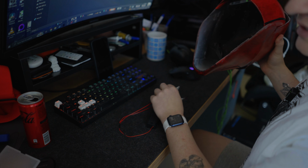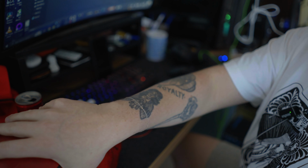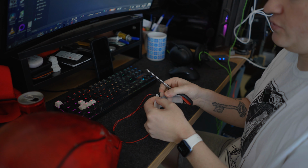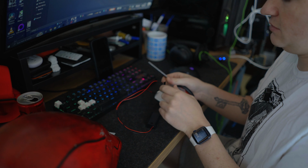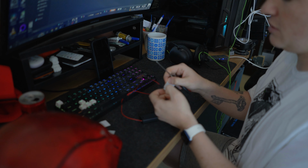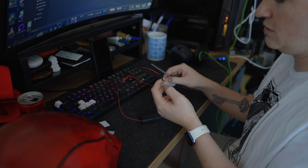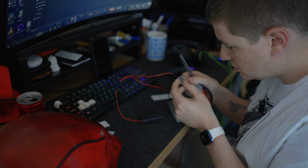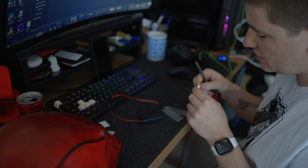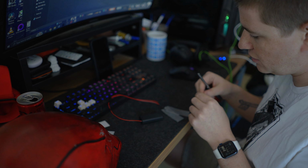I paid money for these LEDs, so I'm not looking forward to trimming them down so much, but we're gonna do it. First, I'm just gonna pull off the plastic, the paper covering, because why not? Can't be that important, can it? Probably shouldn't have done that. That had some like coating to cover the...